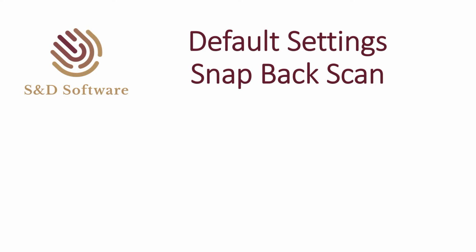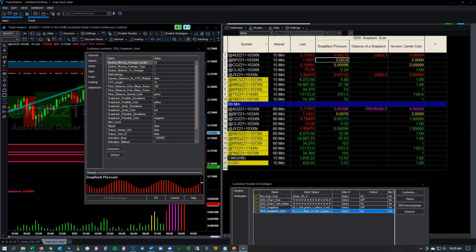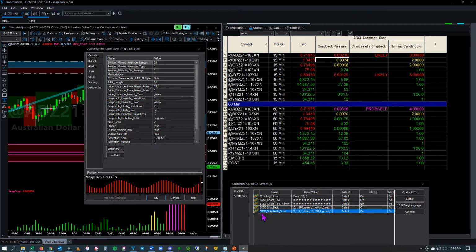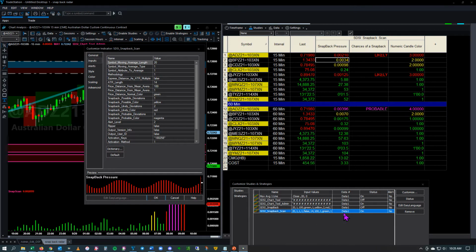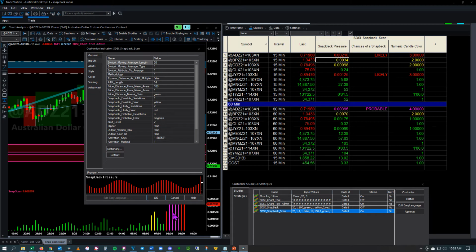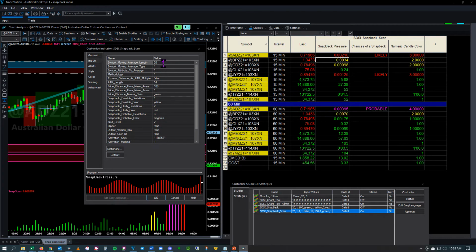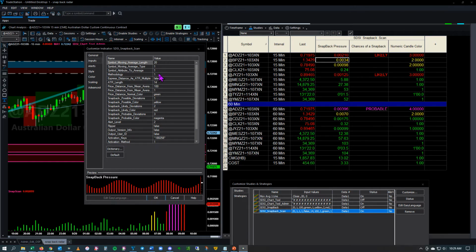In this segment, we're going to talk about the default settings of the snapback scan. So you can see here that I have the snapback scan turned on my chart. And when we go through and look at the different default settings,